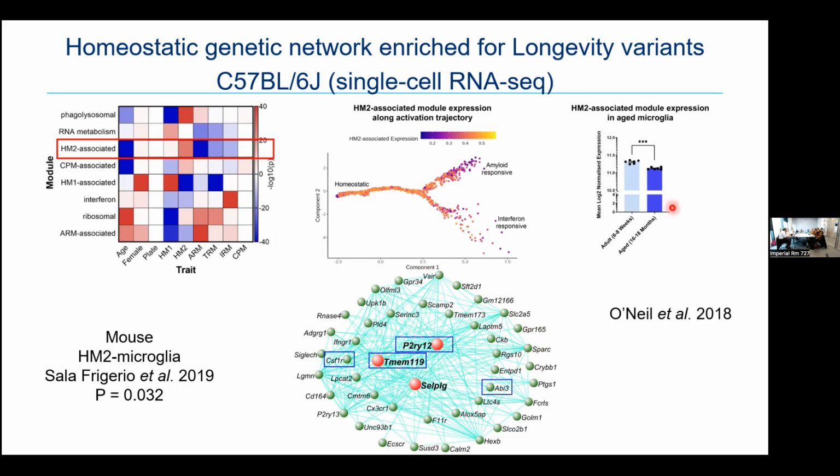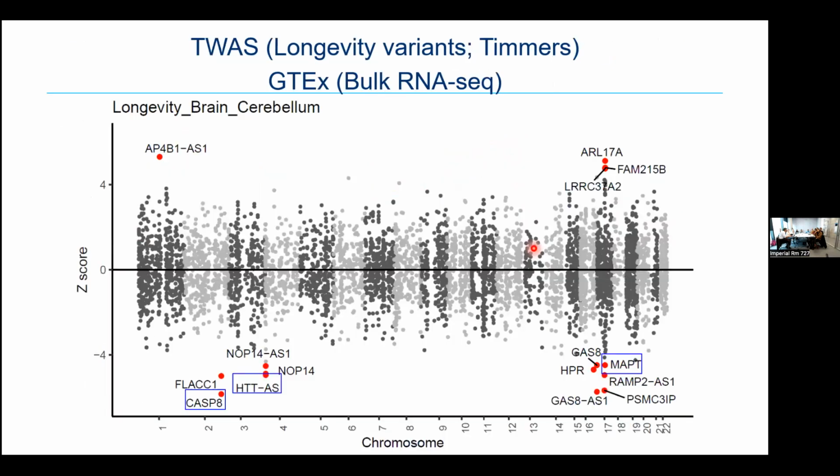This collection of genes is downregulated, or decreased in expression, in old mice compared to young mice as well. So it shows the opposite pattern of activation. And again, here we're looking at the yellow and orange cells more on the homeostatic arm compared to the amyloid and interferon-responsive. And so finally, we wanted a different way of doing the calculations to identify gene variants associated